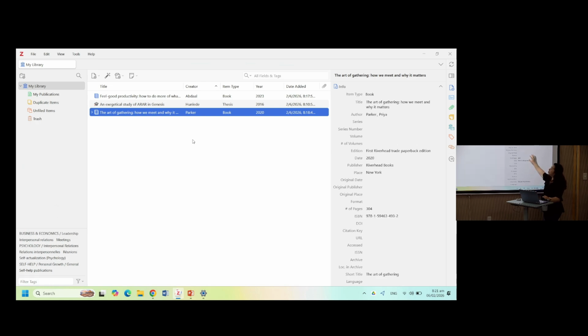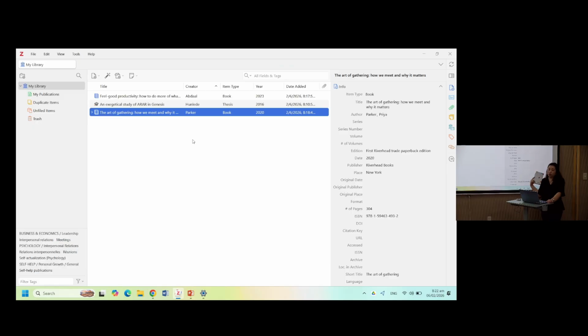So, for example, this one. If you review the book and find that it has a series number, you have to include it. What Zotero generates, you cannot say is 100% perfect, since these are also just generated.